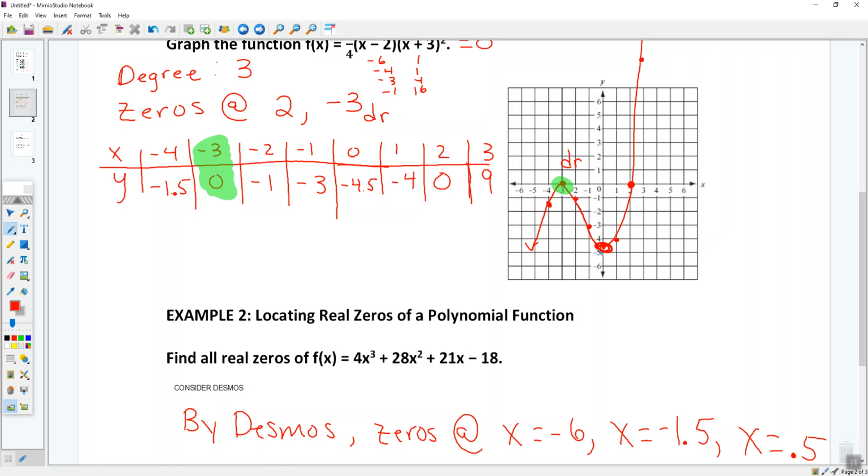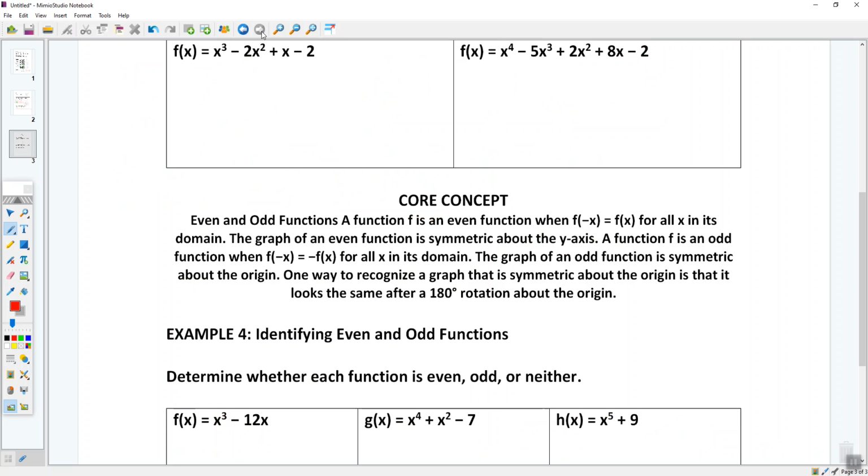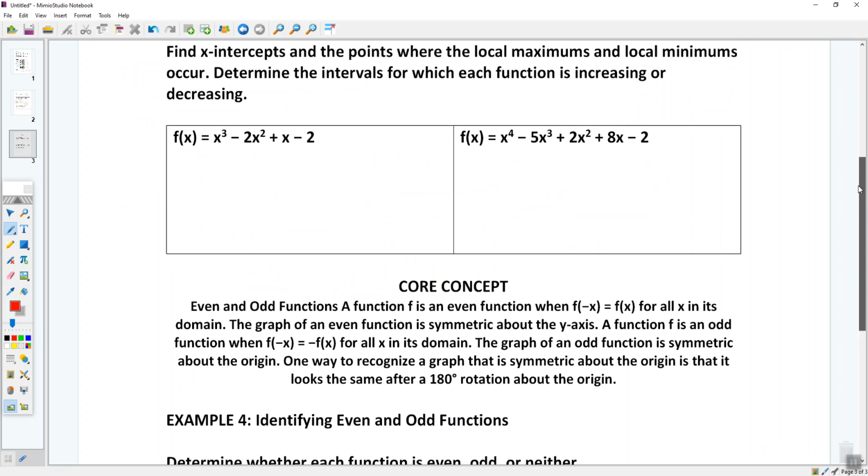Okay, so if I've got a 17th degree function, what's the most number of turning points it can have? Does that mean it has 16, or is that saying that's the most it can have? 16 or less. Okay, so that's one rule about turning points that we're talking about in this core concept. Okay? Secondly,